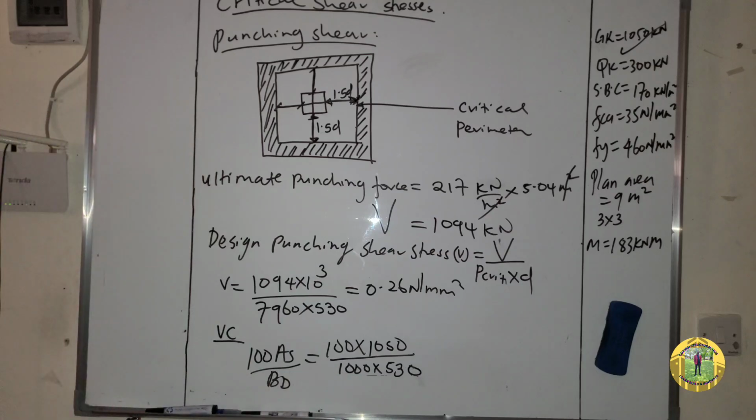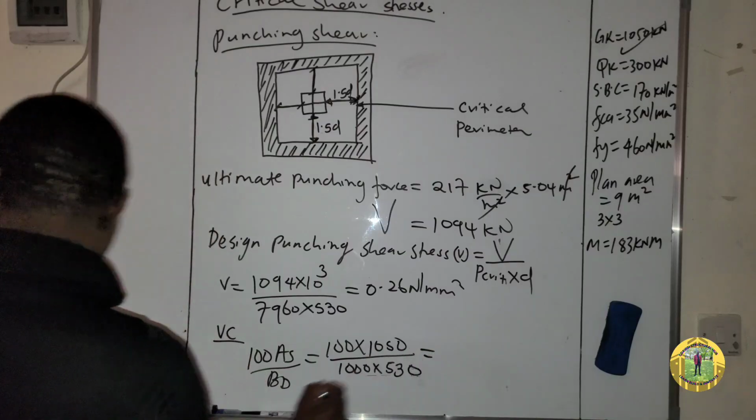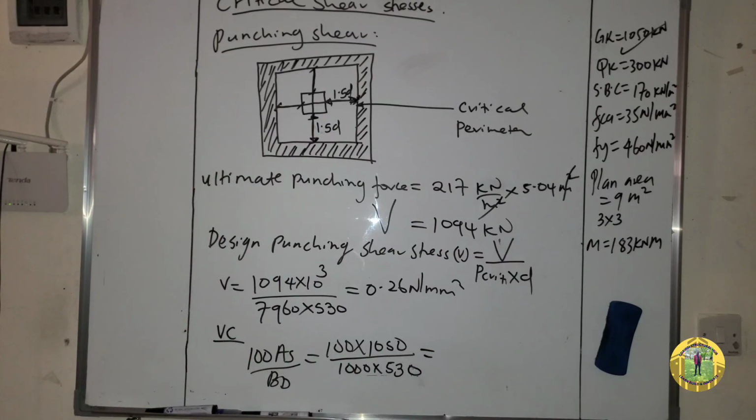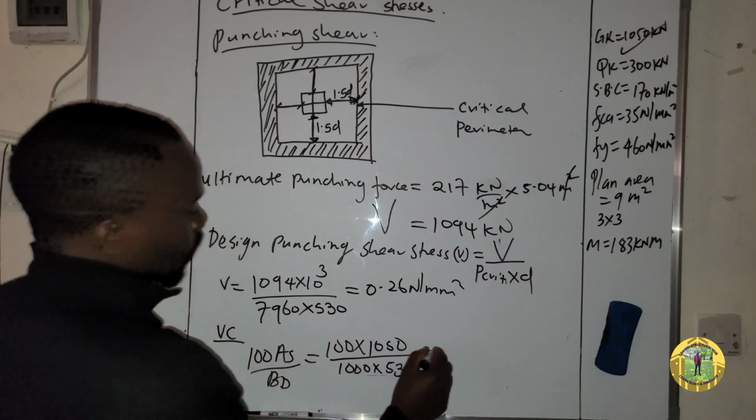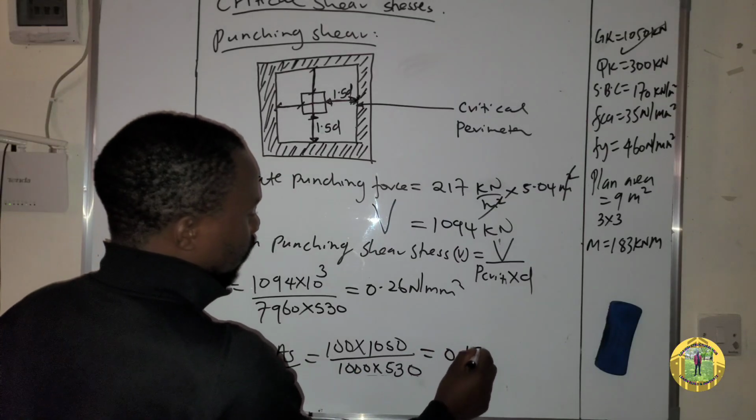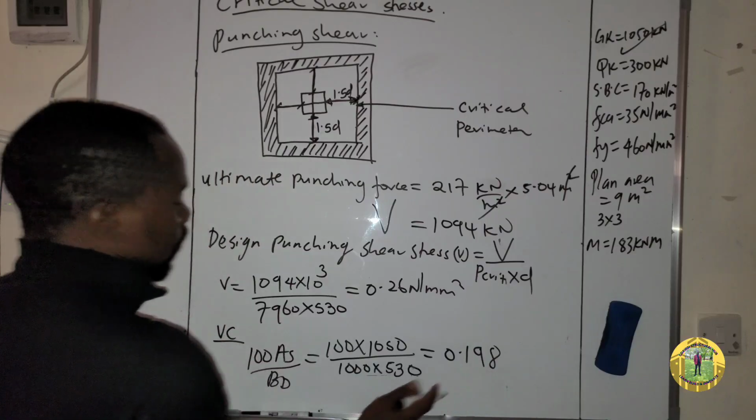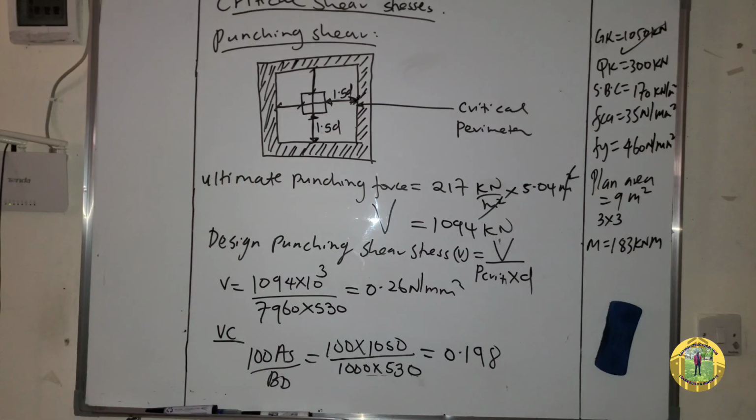So 1000 is 1 meter width of the slab. So this one is equal to 0.198. And then from here, you will proceed with this value into a table of vc to obtain